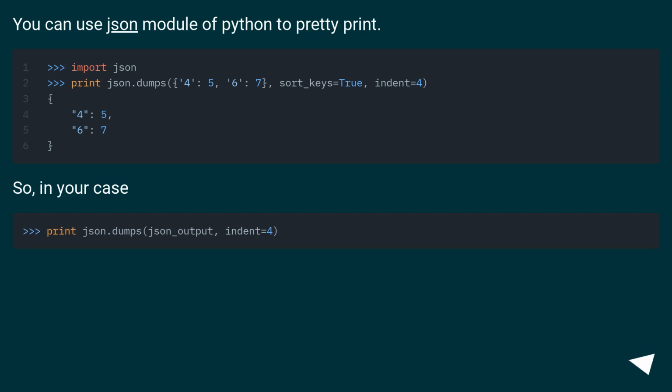You can use the JSON module of Python to prettyprint. So, in your case,